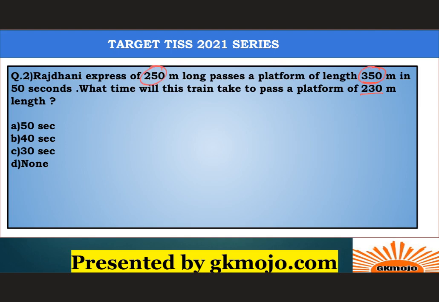सो बेसिकली टोटल डिस्टेंस क्या होगा, पहले बात तो 250 प्लस 350, दैट इज़ लेंथ ऑफ ट्रेन प्लस लेंथ ऑफ प्लेटफॉर्म पहले केस में, राइट। सो 250 प्लस 350 कितना होता है, 600 मीटर्स। ये कितने टाइम में क्रॉस करती है, 50 सेकेंड्स में। अभी सेकेंड केस में 230 मीटर्स का प्लेटफॉर्म कितने में क्रॉस करेगी पूछ रहा है। सो बेसिकली अभी टोटल डिस्टेंस कितना होगा, 250 प्लस 230 मतलब 480 मीटर्स कितने टाइम में क्रॉस करेगी पूछ रहा है, राइट।